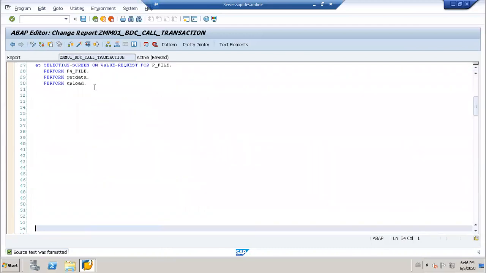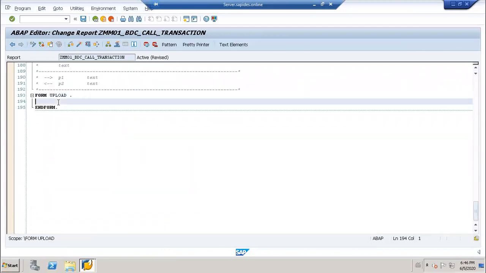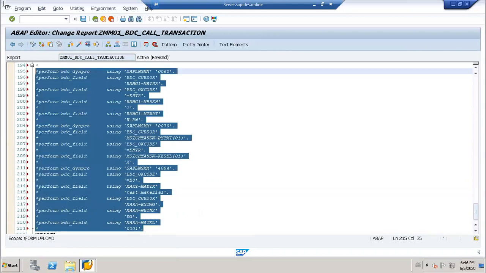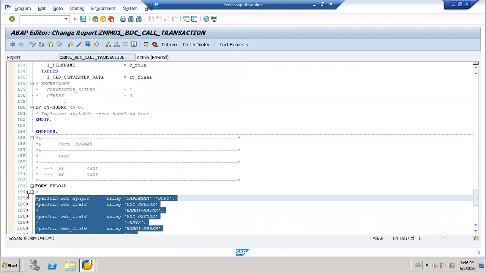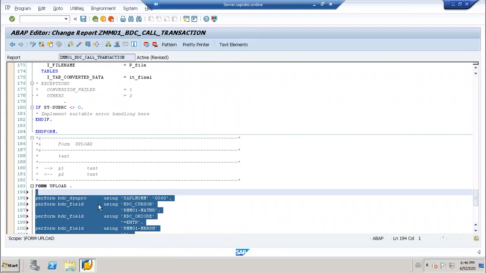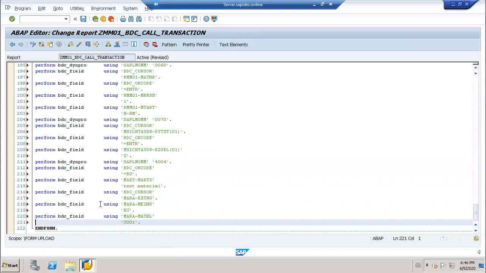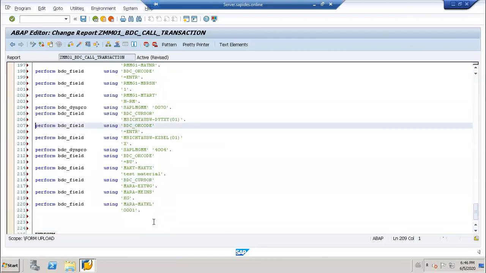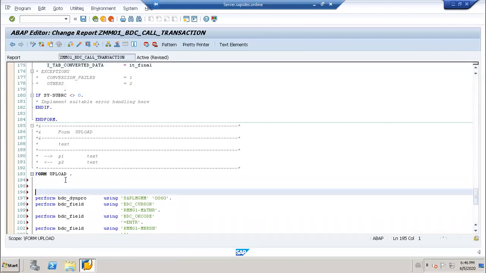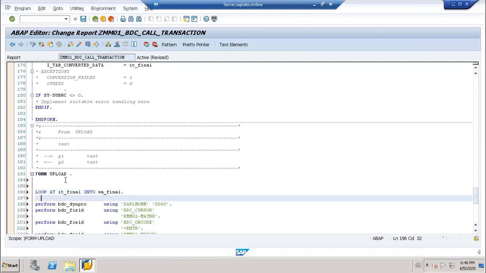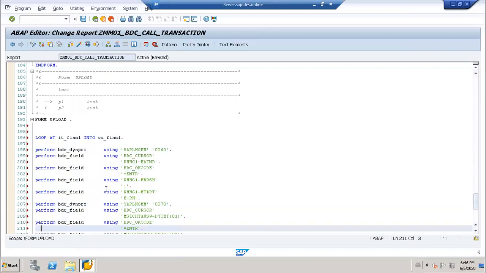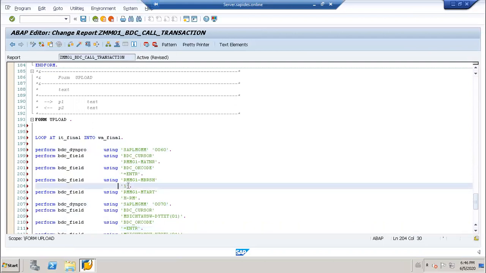What I'll do, I will upload, I'll put it inside this, and I'll uncomment this. Got it. Now here, I'll put a loop, I'll loop IT final into work area. And here, instead of this one, I'll just copy this portion.